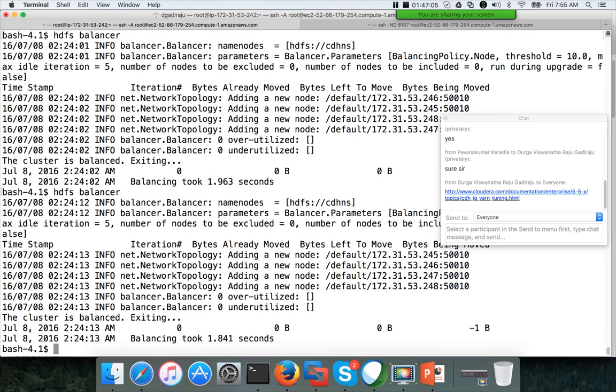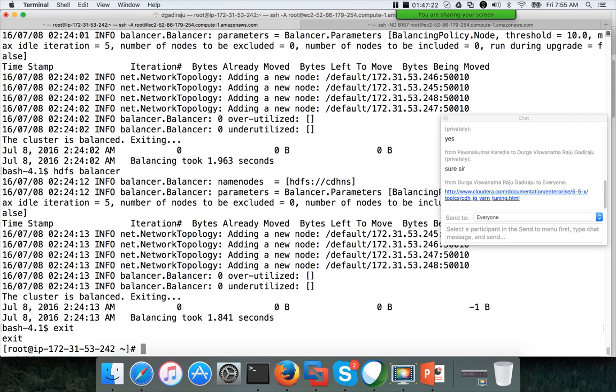The cluster is balanced, but the data is not being cleaned up, even though I ran expunge multiple times. So not sure. Anyway, I will troubleshoot and fix this issue. Unless I fix this issue, I will not be able to do anything here.